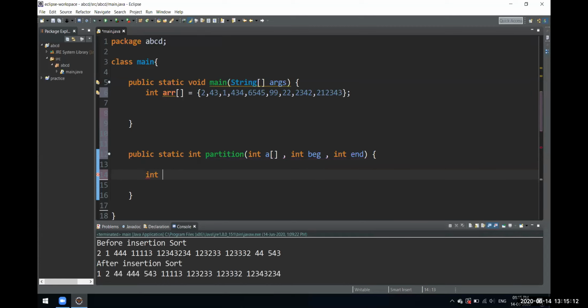First we have to define some variables: left, right, temp. I'll tell you why we'll need all these variables.